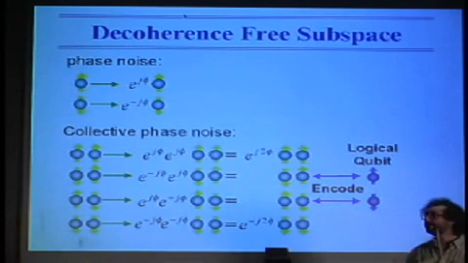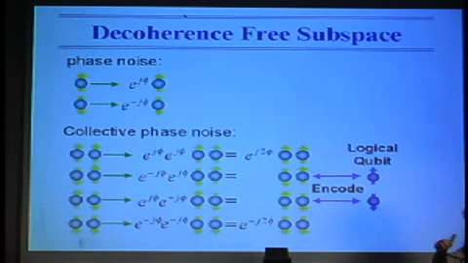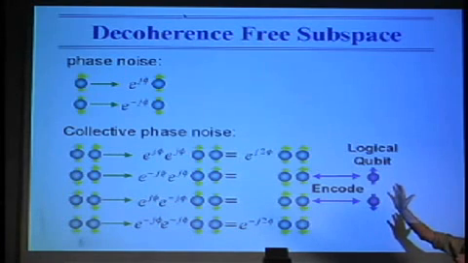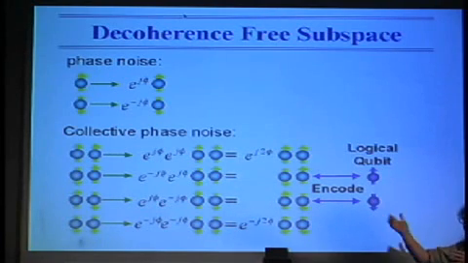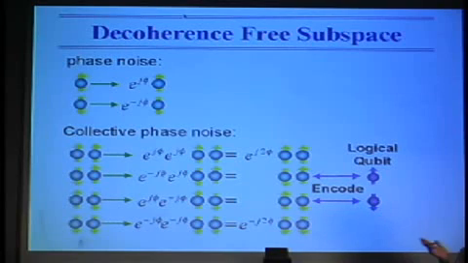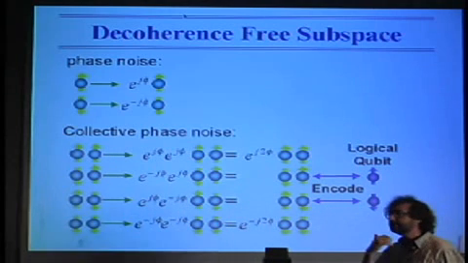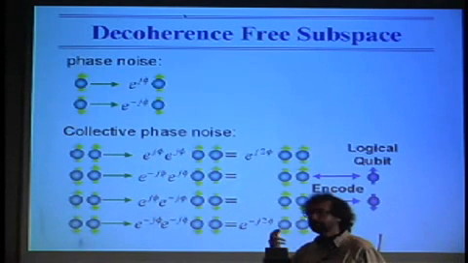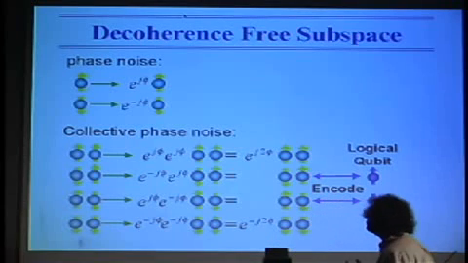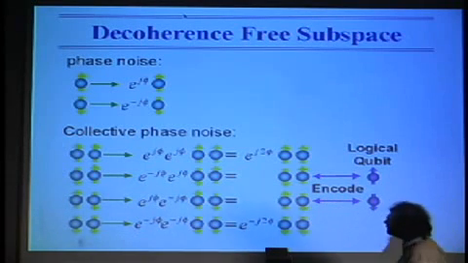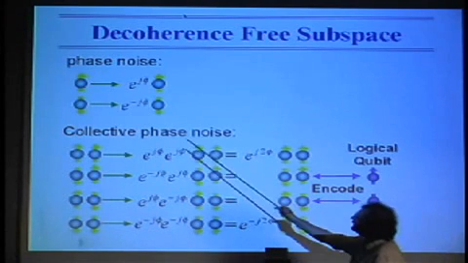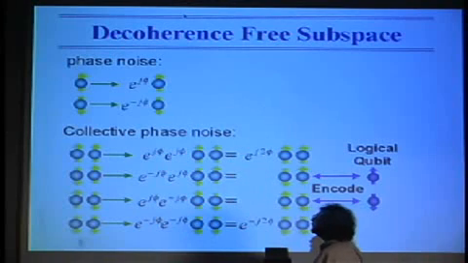If I have two spins, and they both see the same far-field magnetic field, then if they're aligned together, they're going to rotate together, and the phase shift would be twice as fast, of course. If, however, they were anti-aligned, then the phase evolution of one spin would exactly cancel out the phase evolution of the second spin. And so in the case of having anti-aligned pairs of spins, they're protected from phase evolution, from decoherence, due to far-field sources. That's essentially all this says, is that if we have a spin and we're looking for a phase noise, it picks up a phase shift, of course.